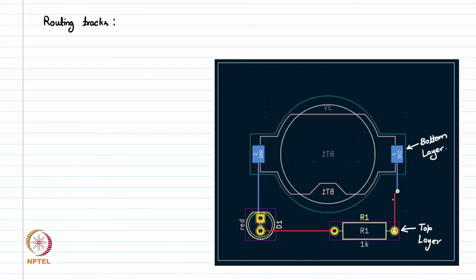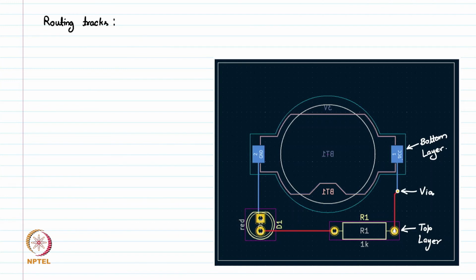So automatically half of this wire will come as red, which is the top copper layer or FCU, and half will be shown as blue, which is bottom copper or BCU, which is backside copper, and in between we will have a via,